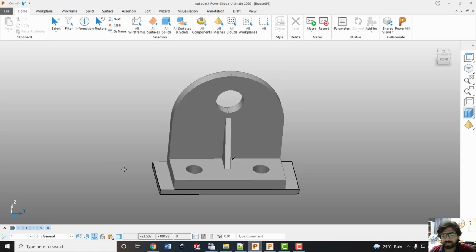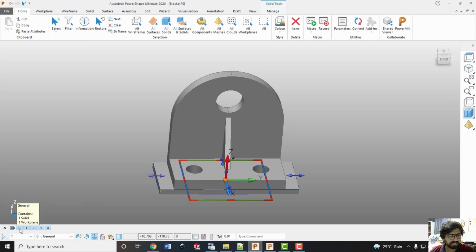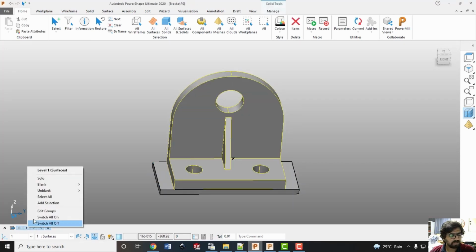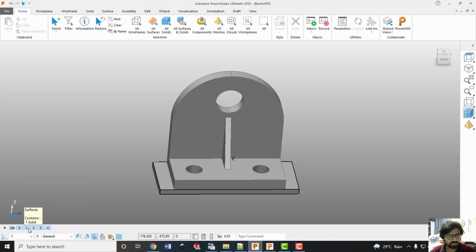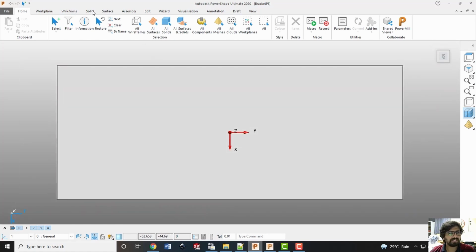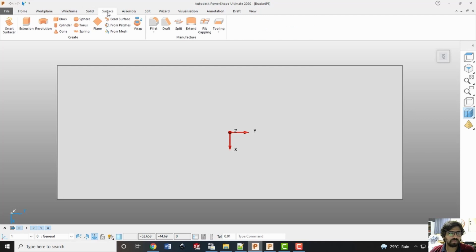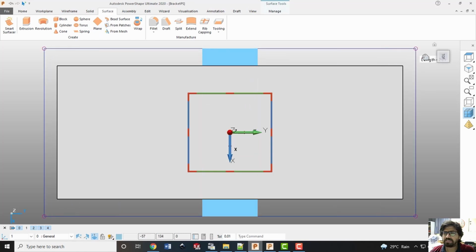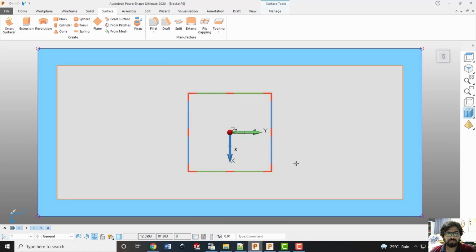So to make it more convenient, what I'll do first is keep this substrate in level 0, this object in level 1, and I'll switch off level 1 and create one surface on top that will act as my slicing plane. So I'll go to surface, select the option plane and create a slicing plane. Now I'll extend it a little so that the plane is larger than the object.